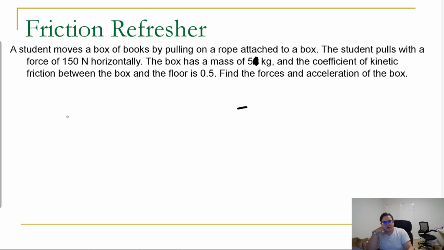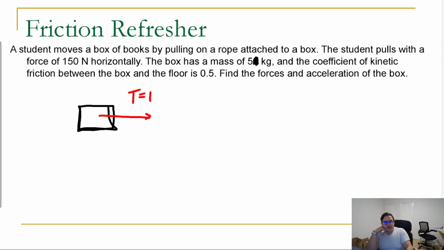Since this should be a refresher, I'm going to blast through it a little quickly, but still explain all the parts. Well, what do I know? I know that I've got a little part over here I need to erase. Here we go. I know that when a student moves a box horizontally with a rope to the right,